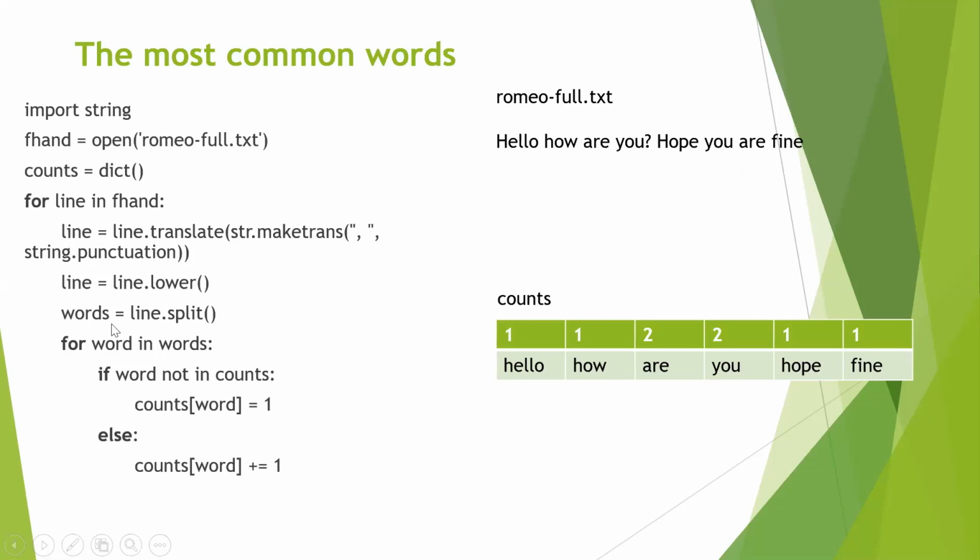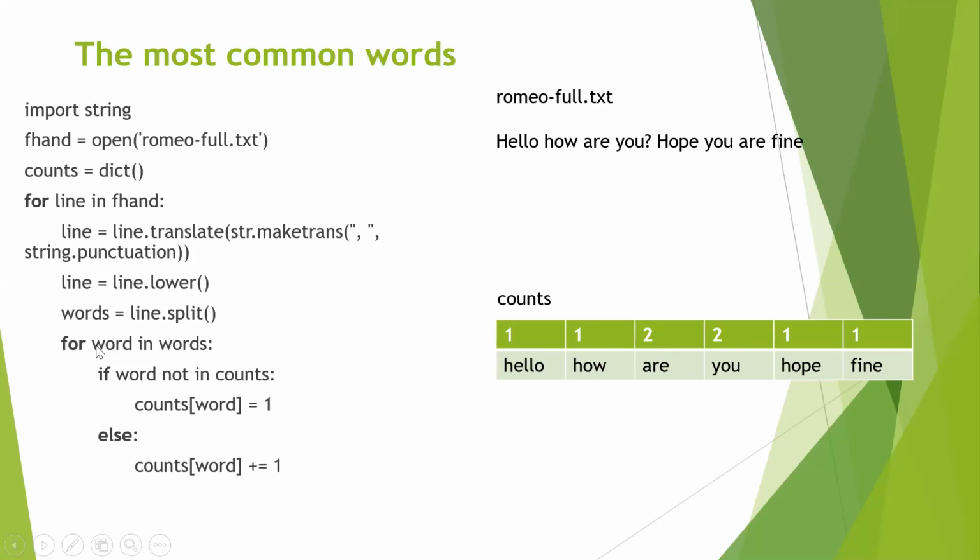Now for each of the words, add each word to the dictionary which you have already created. Now, what is the purpose of this dictionary? The dictionary should look something like this, where the key is nothing but the words and the value is nothing but the count, the frequency with which it is occurring. So hello is occurring once, how is occurring once, R is occurring twice, U is occurring twice, and so on. So I want to get this. I want to create this.